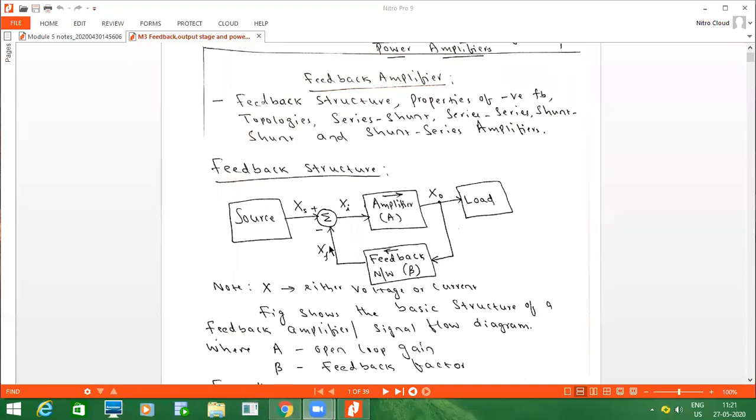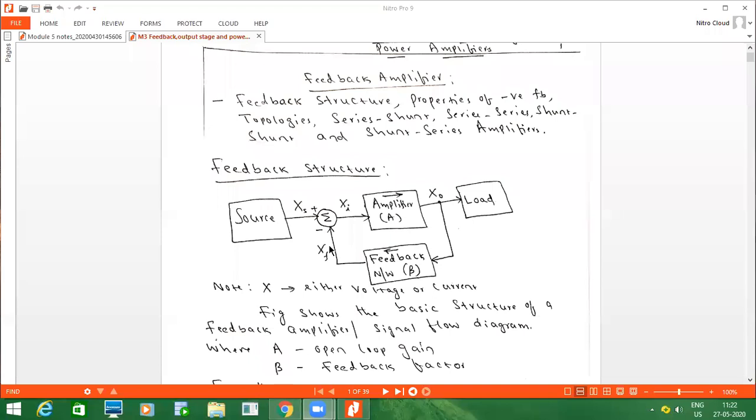To reduce gain. The first point is reducing the gain. If you are using negative feedback for designing an amplifier circuitry, the gain will be reduced. How much will the gain be reduced? We will examine that later with the help of a mathematical model. Along with the gain reduction, the noise will be reduced.